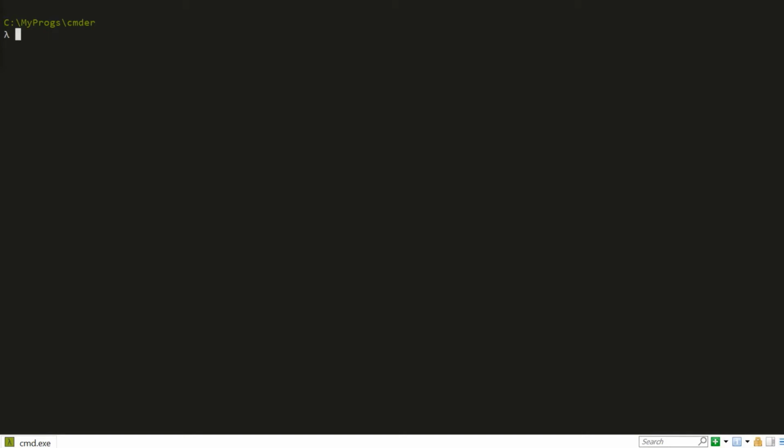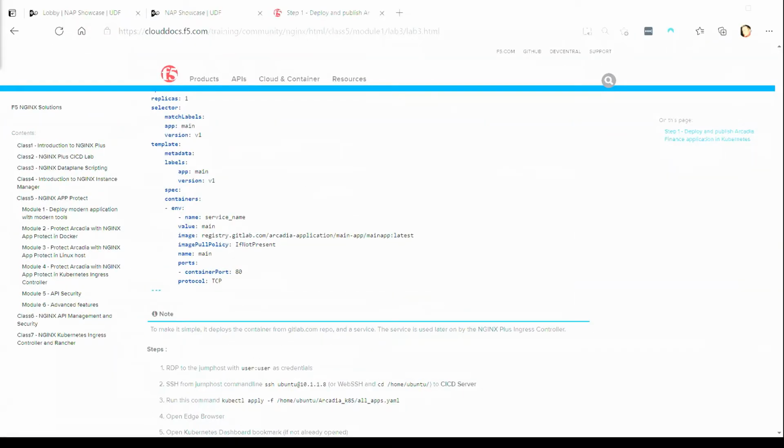The command that we were getting to from the lab guide is step 3 here. So it wants us to run the kubectl apply and provide it with the file, the -f and the path for the all apps YAML file. So we're simply going to go ahead and copy this. If you feel very adventurous and skilled on a keyboard, feel free to just type it out. I'm not nearly that adventurous, so I'm just going to copy it.